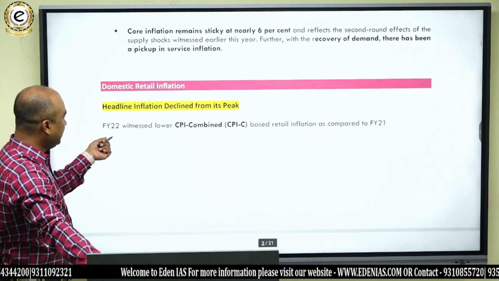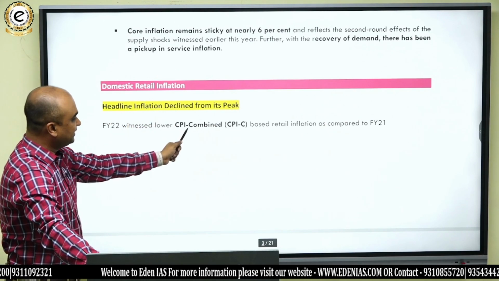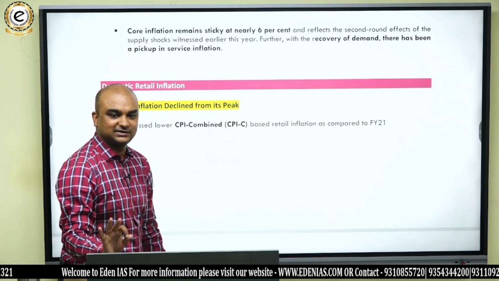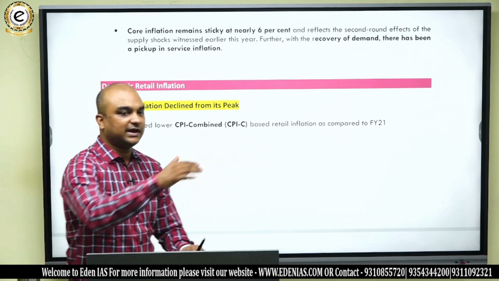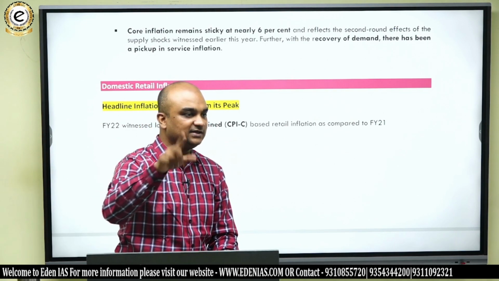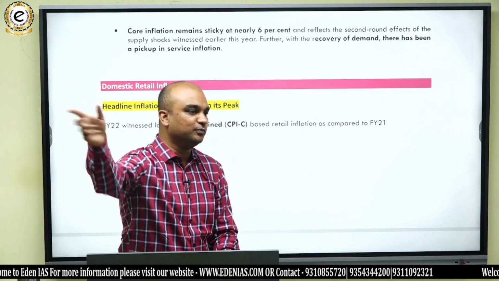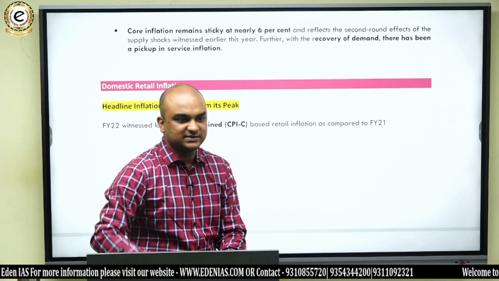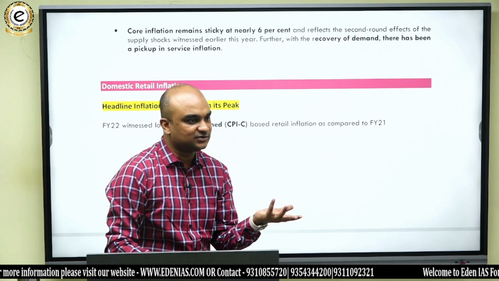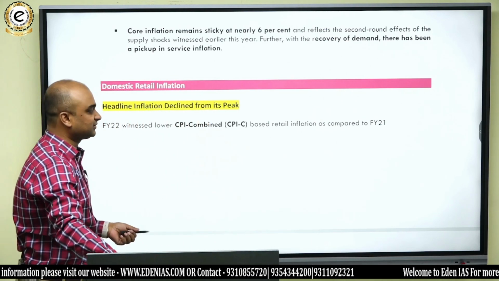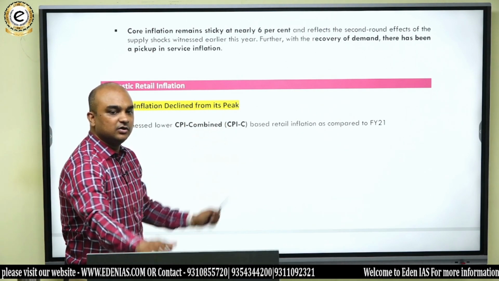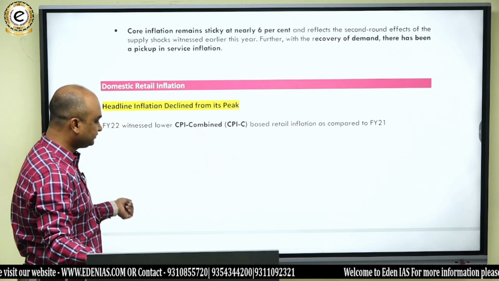Now, look here. Headline inflation declined from its peak. What is headline inflation in India? CPI-C. ठीक है. अब ये क्वेश्चन आ सकता है आपको, सीधा सीधा क्वेश्चन आ जाता है that headline inflation in India is measured by first CPI-C, CPI-U, CPI-R, WPI. Do you understand that? CPI-AL, CPI, urban workers, UW, agricultural laborers, कुछ भी हो सकता है. बट आपको क्या याद रखना है कि कौन सा होता है वो सीपीआई सी कंबाइंड। कंबाइंड का मतलब रूरल प्लस अर्बन और रर्बन।